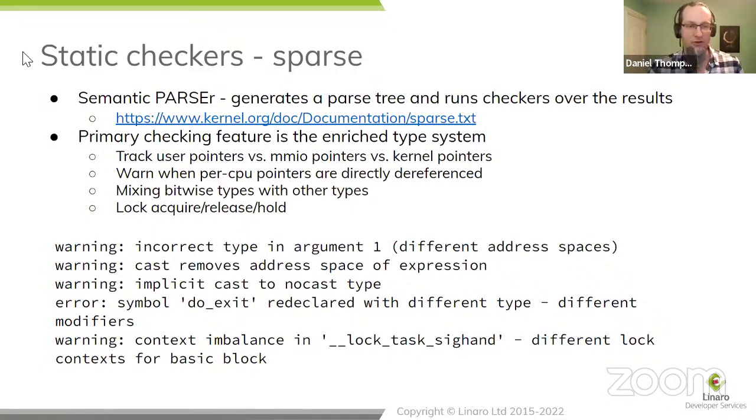There are other types of pointers that we can look at with this enriched type system. So per-CPU pointers similarly get tagged on creation to say these can't be directly dereferenced. And there's a couple of other things that are not related to the type system, so it can look for getting confused with bitwise types and for things like unbalanced locks and releases, again based on annotations in the type system.